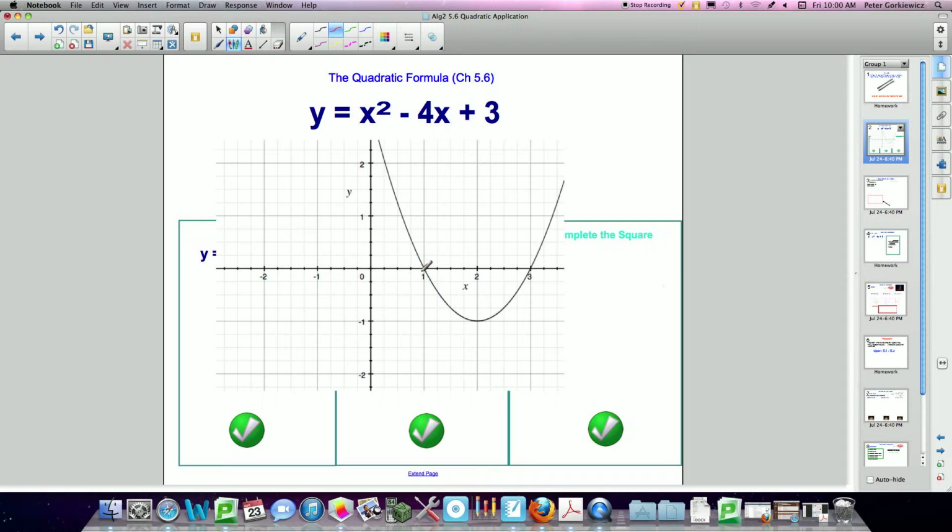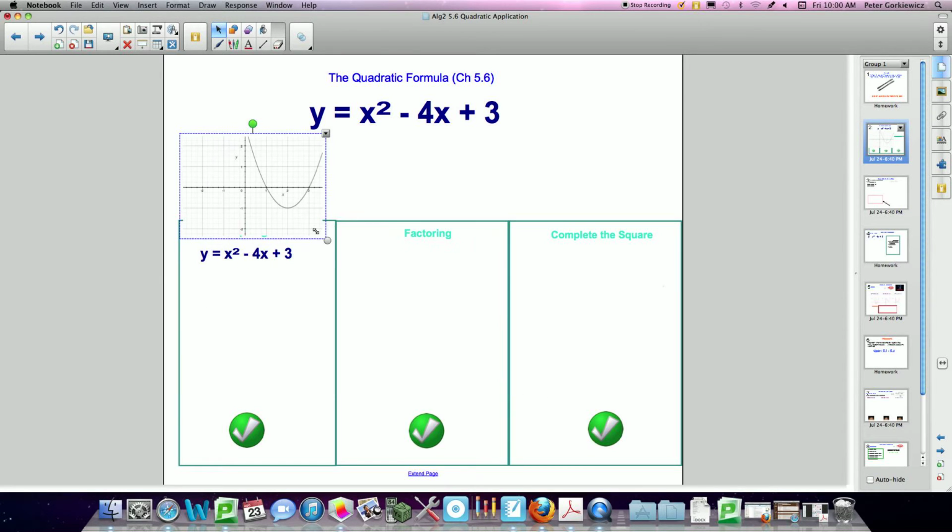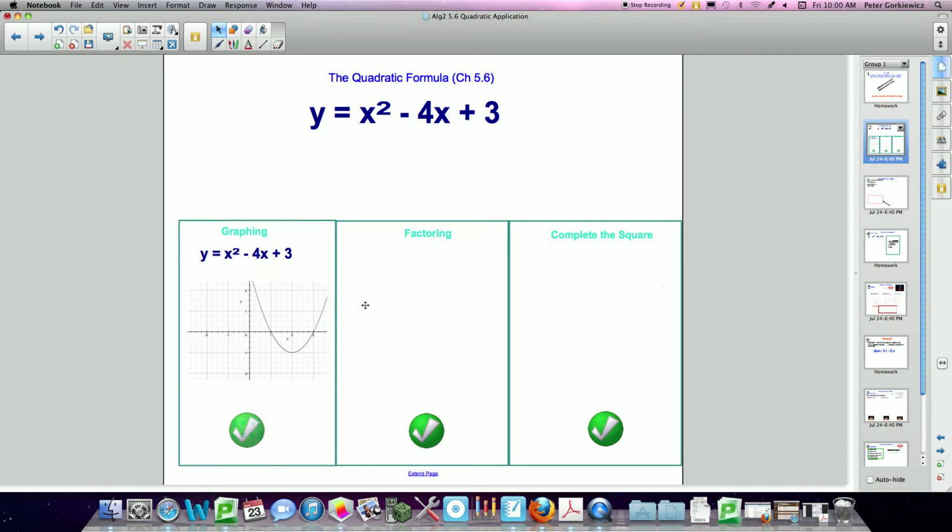So the solutions are the x-intercepts, so 1 and 3. We can see that with our graph, and that's great. So there's an easy way to find some solutions, right? But sometimes